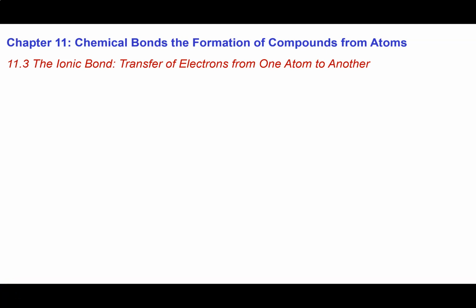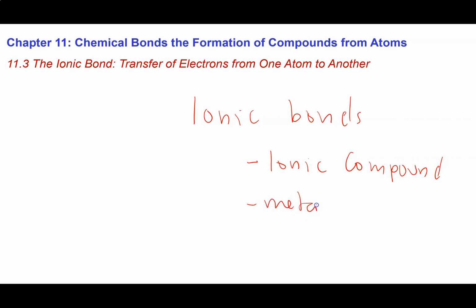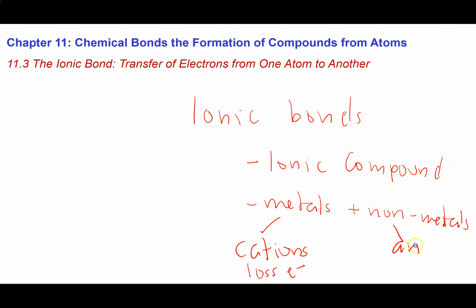So, ionic bonds are found in, you guessed it, ionic compounds. And ionic compounds are those compounds that are formed between metals and non-metals. And the metals in ionic compounds are always found in the form of cations, which are a result of the loss of electrons, and non-metals are always found in the form of anions, which are formed as a result of the gain of